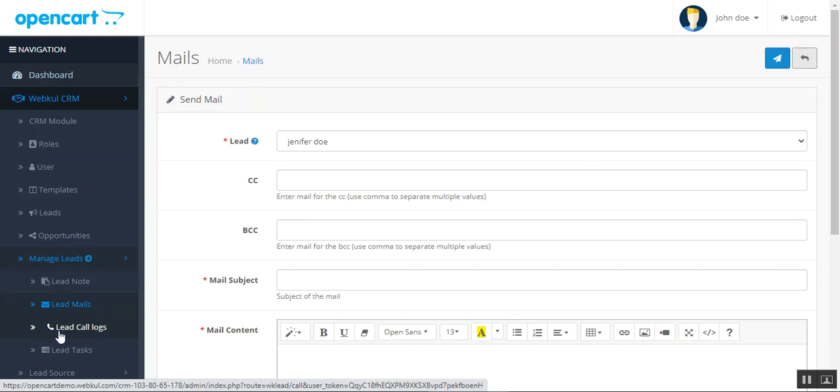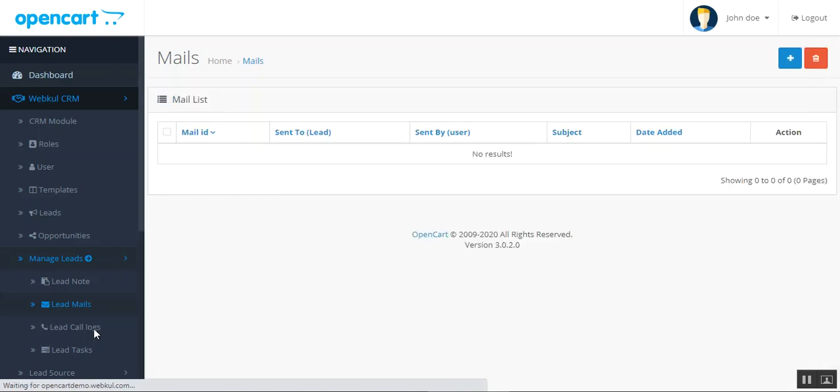Now let's go to the lead call logs and see what different options are there. Here as well, the admin can add call logs to the lead, and can even view all of the call logs under this section. To add a new call log,